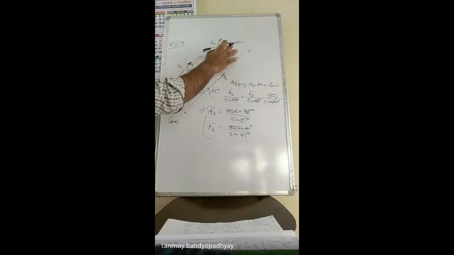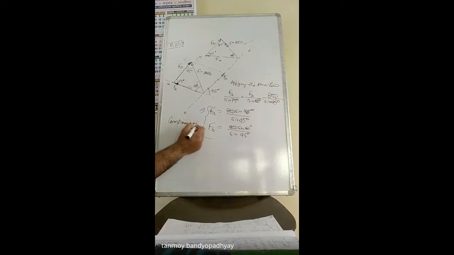As you can see, these two components individually, if I join them vectorially, I should be getting the actual force. So these are the components of the force. Don't confuse them with the projections of the force. What does projection of the force mean? Projection is coming a little later, we'll find the projection of this too. So these are the components of the force on two inclined axes or two oblique axes.